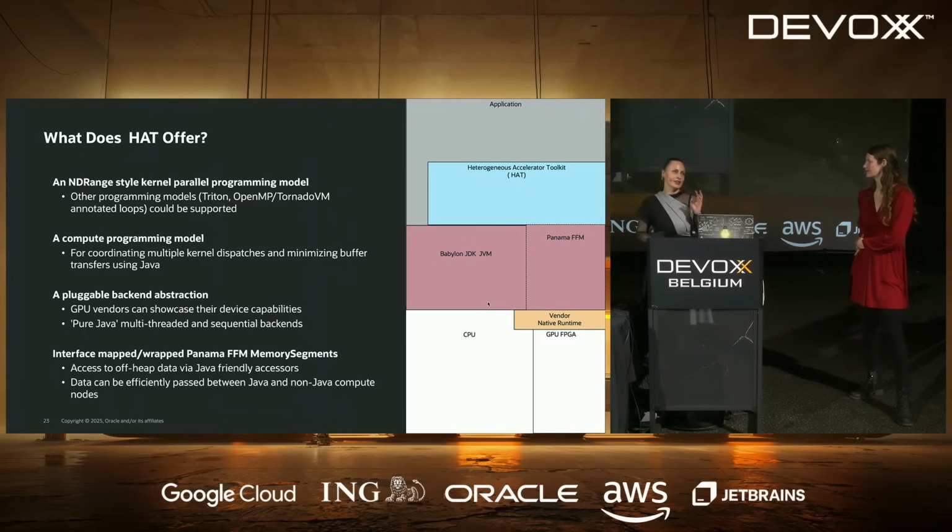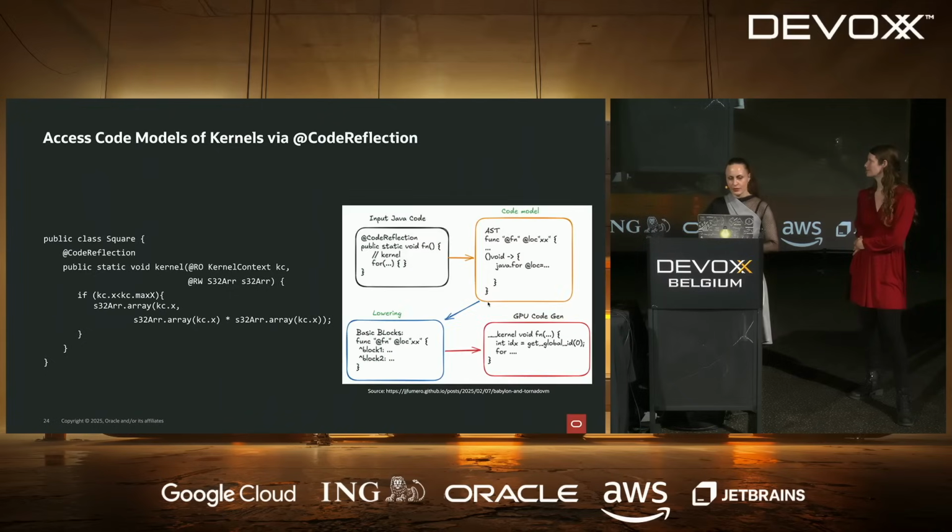But there's another catch when working with GPUs. Us in Java, we use some data types, and GPUs don't speak the same data types as us in Java. So what HAT offers as one last thing are the interface mapped data types, a way that you don't need to struggle with mapping the data type that you have in Java to the data type that you have on the GPU. So it offers all of that. If I'd like to look again at what happens over there,